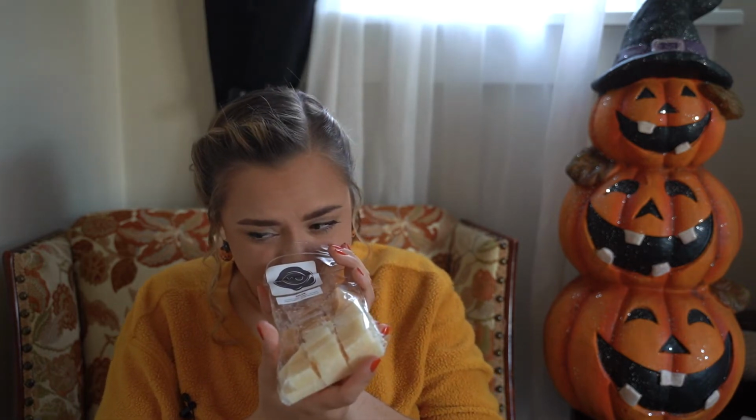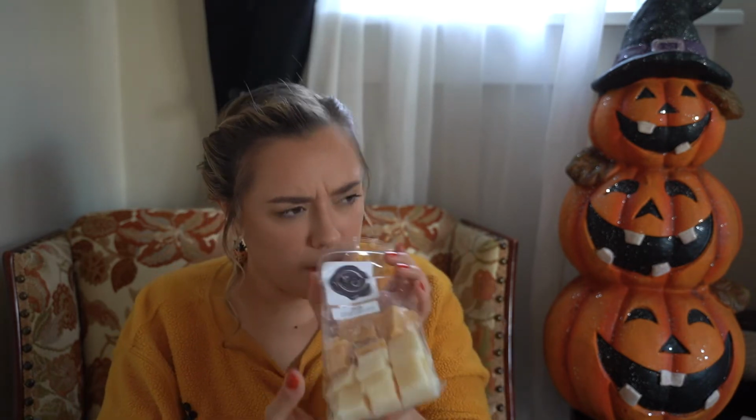This one is Salem, which is pumpkin pecan waffles, campfire marshmallow, and vanilla sandalwood. And I feel like I was also just listening to somebody's video that said this, and maybe, oh, who was it? Oh man, this is so good. Okay. This is more like the vanilla sandalwood first, then the campfire marshmallow with a little bit of the pumpkin pecan